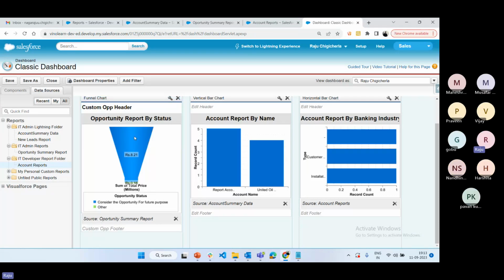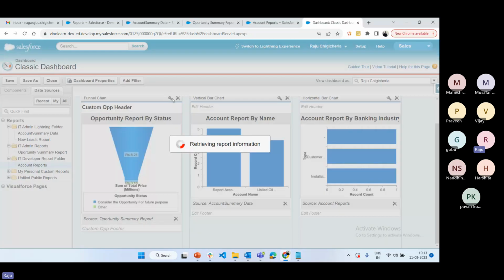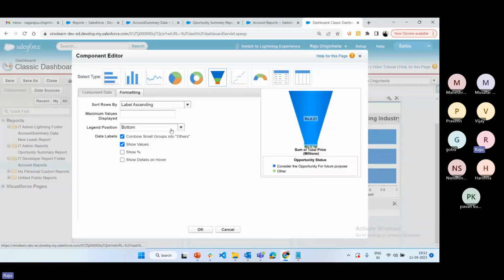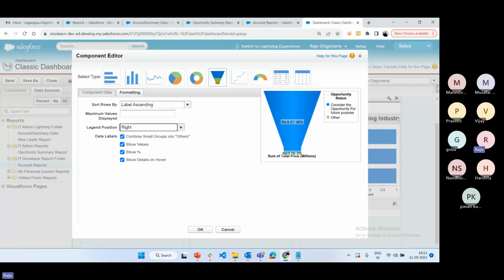Okay, so now if you want to change any values, or if you want to change something in options, whatever options are available here, if you want to show the percentage, it is showing the percentage. If you want to show the details on mouse over, whenever you hover here, it will show the details. Okay, and if you want to see the label assigning order, and if you want to see the right, you can see the right, or if you want to see the